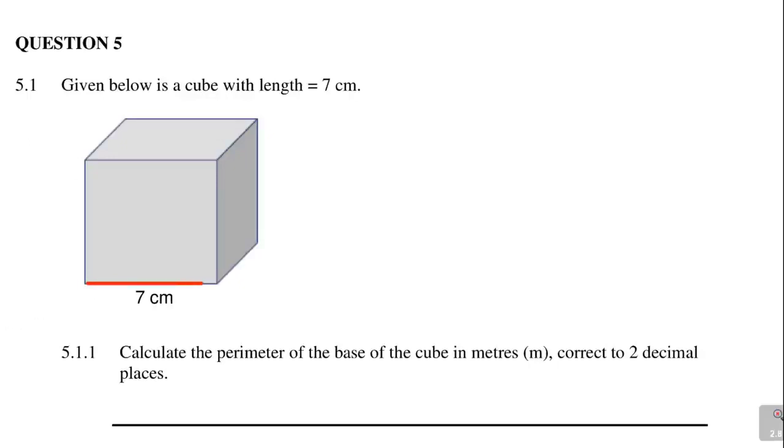So the length, the breadth is also supposed to be what? 7 centimeters. And the height, we expect the height also to be what? To be 7 centimeters. You see? That is the cube. Now calculate the perimeter of the base of the cube in meters, correct to 2 decimal